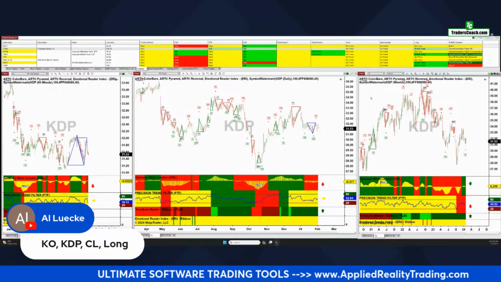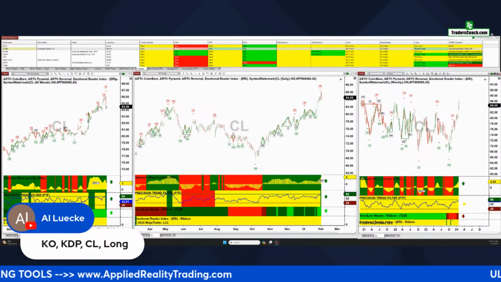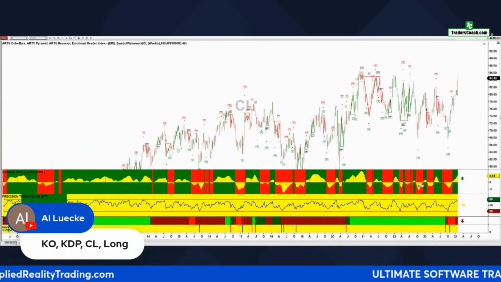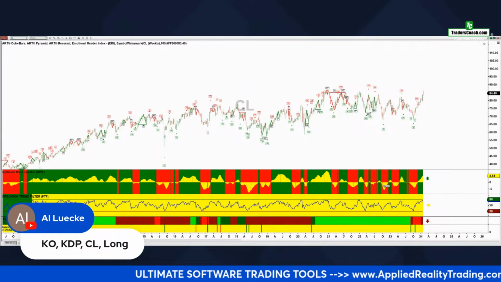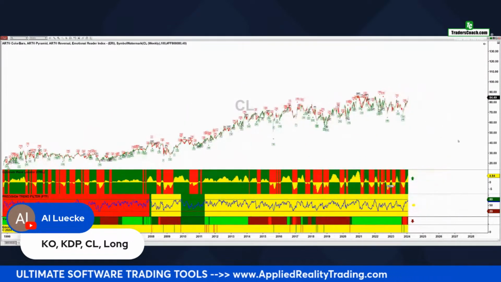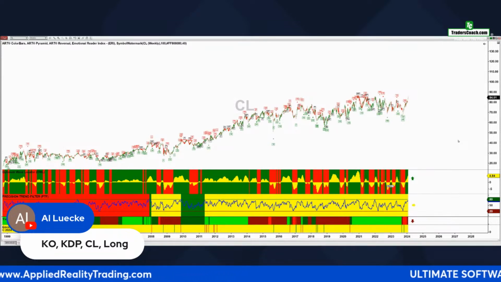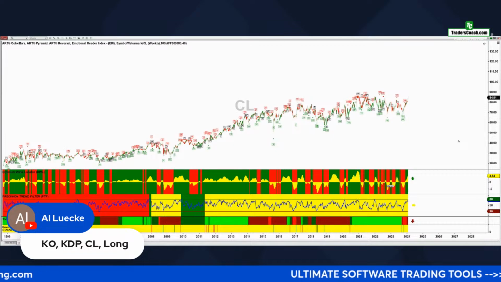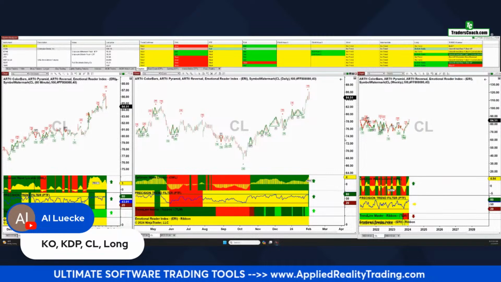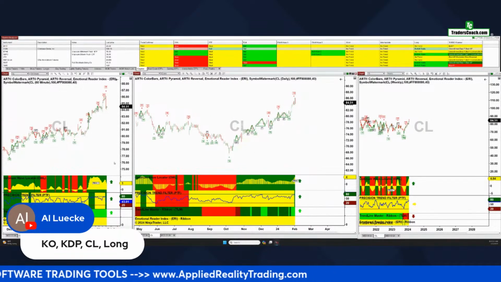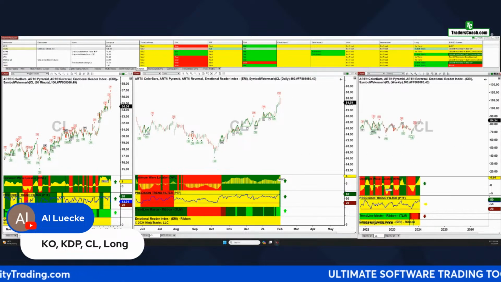Take a look at CL. All right, so this is looking pretty bullish, but let's open up this chart here. All right, pretty messy chart, right? So you got to give this thing some latitude in stop loss placement if you're a long-term buy and holder on this baby, right? All right, messy chart. Okay, so you got to go to the lower time frames to more actively trade this. And the pyramids did a great job getting you in on both these low time frames, but right now it's a little too far along.